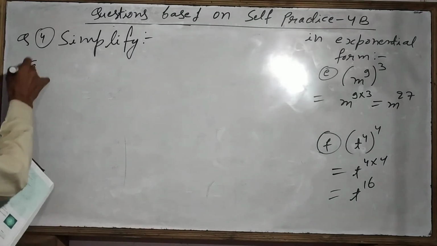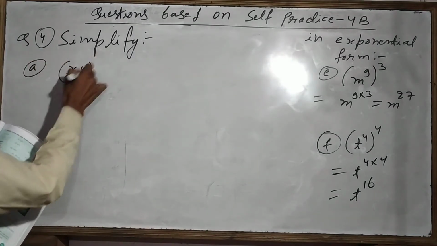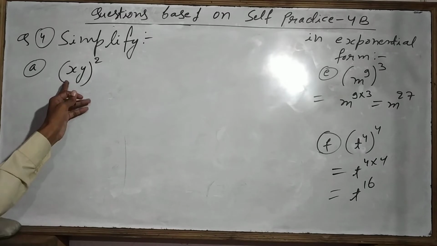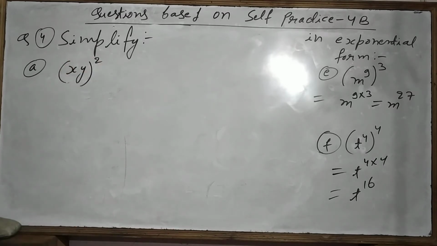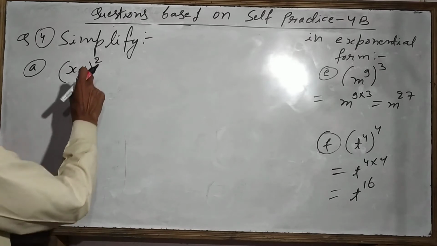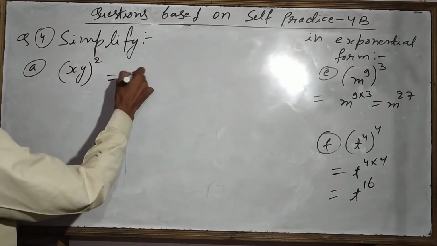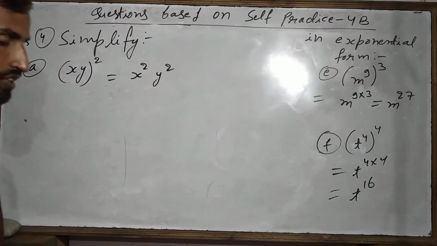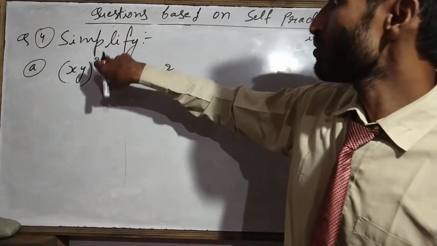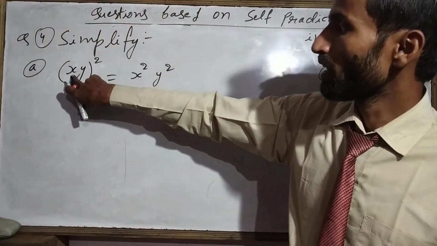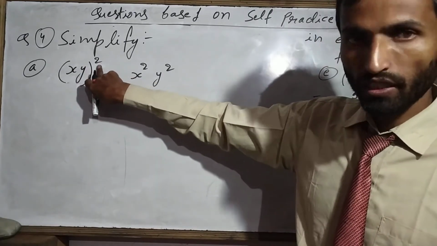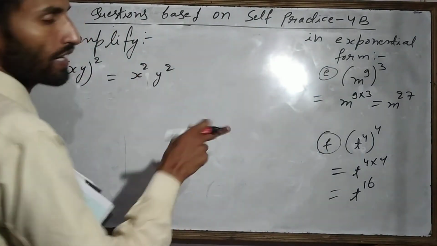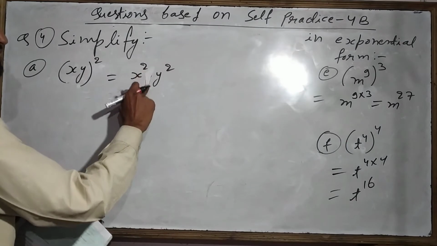So in a part, x y power 2 is there, two bases are there, x and y, two different terms are given, and whole power 2 is there. So simplify means you put the power on both in the same way. So x power 2, y power 2, like this will come. If this type of question is given, if the bases are different and whole power 2 is given, you put it on this one also and on this one also, whatever power is there, the same. So x power 2 and y power 2, and here multiply is given, no need to write multiply. If you want you can write, otherwise not required.